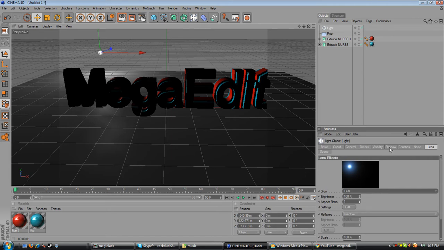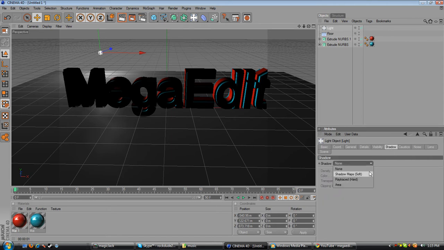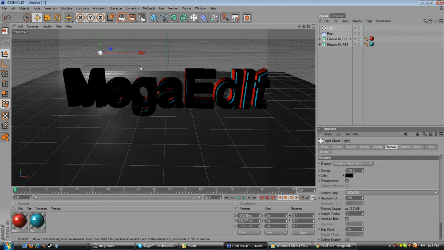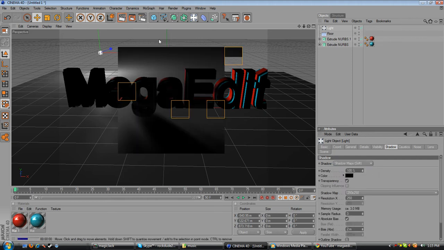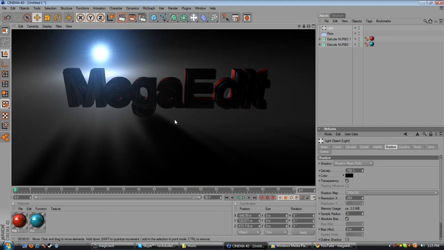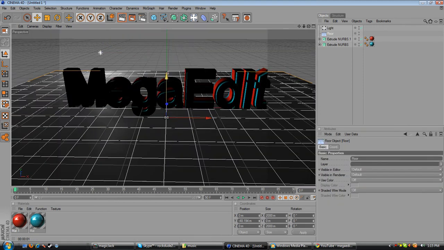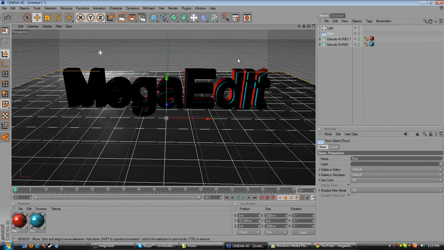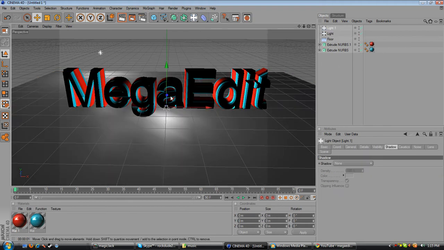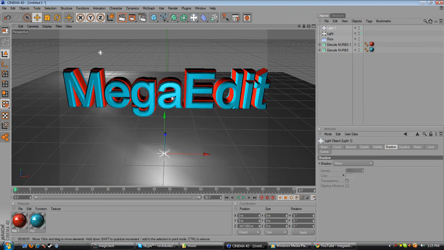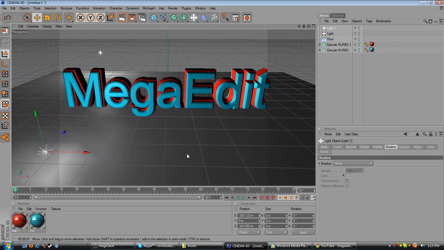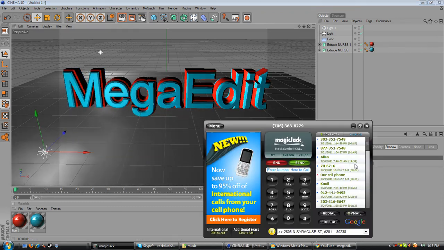And now what you're going to want to do is, well, you don't really have to go to shadow, but I'm going to put a shadow on it real fast so when you render it out, it has a nice little shadow, but that's not going to be the main shadow-like thingy. Let's just add in another light. Let's pull it back a bit and actually move it over here off to the side. And on this one, going to go to